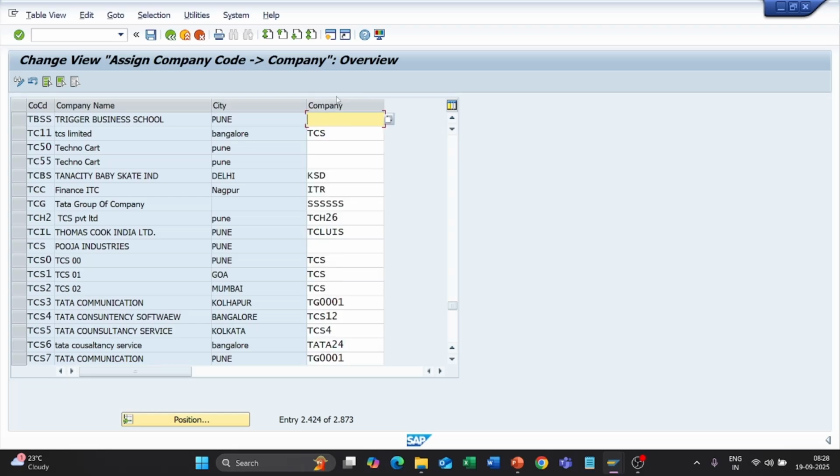company. I'll minimize this so that I can see the search box. You can adjust the height like we do in Excel. Go to search. Now TBSS comes under the Trigger Business Group. Click on search. Server is slow, so I will better directly put Trigger Business